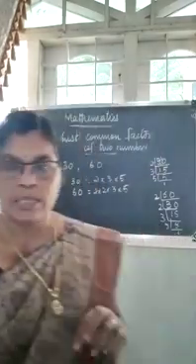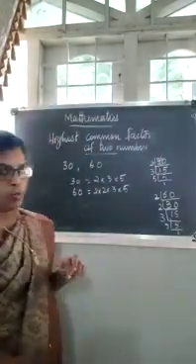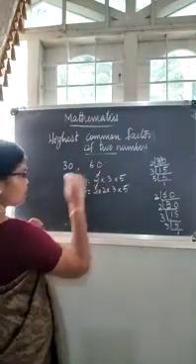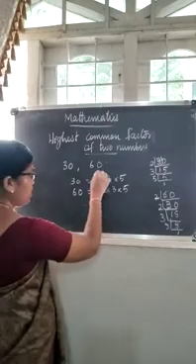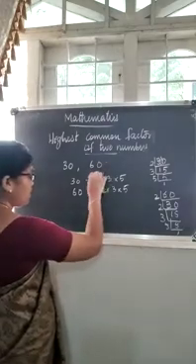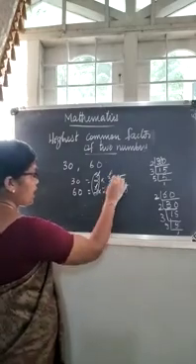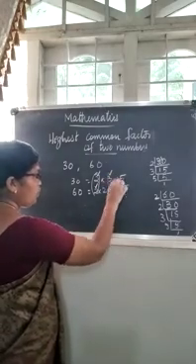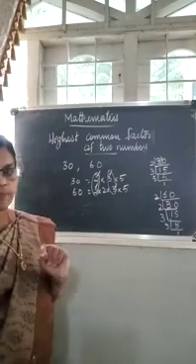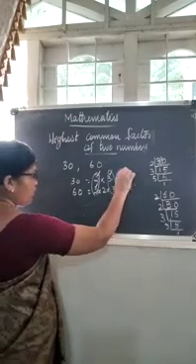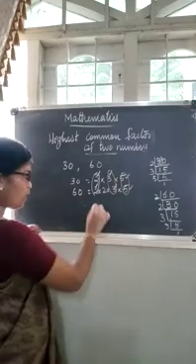These are the factors. Now let us write the common factors. What are the factors common? One 2 is here. Here also one 2. So one 2 is common. Again you see, 3 is there. Here also 3. Now 3 is common. Now see, here one 5, here also 5. These 5 is also common. So which are the common factors?